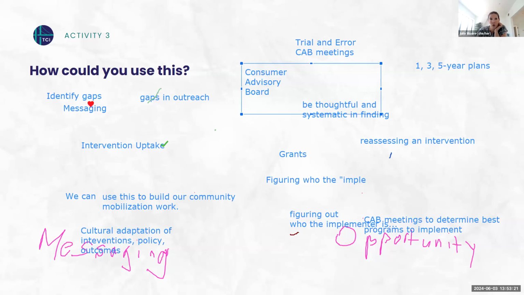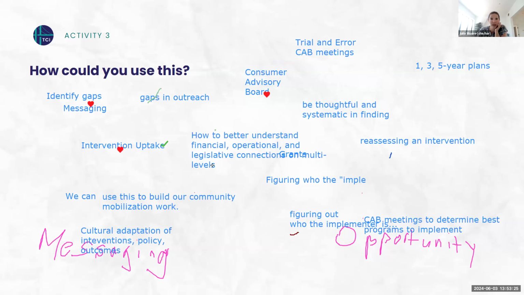We actually think that this way of thinking about barriers and facilitators is a great way to support adaptations in a more systematic way that allows people to make adaptations without deviating from some of the key things that we don't want to change, but giving us more room to figure out how we can adapt things to the local context and to meet the local barriers and facilitators we're encountering.